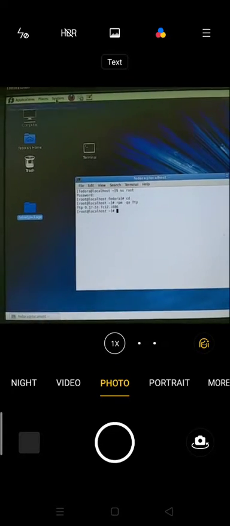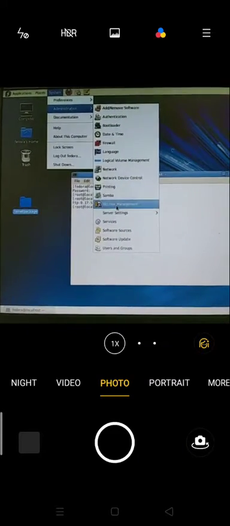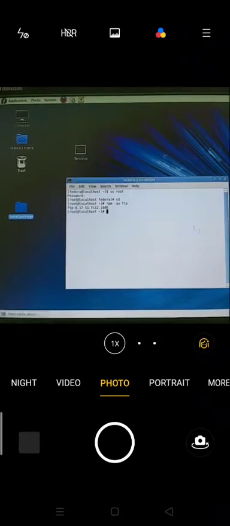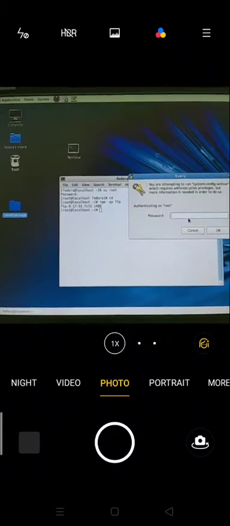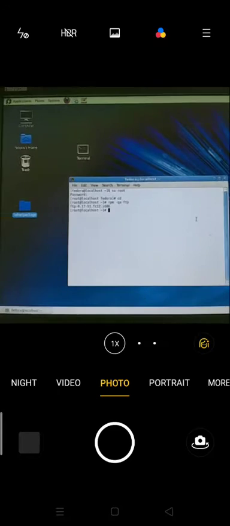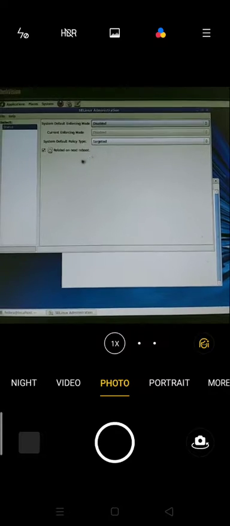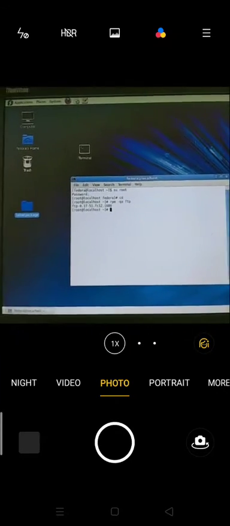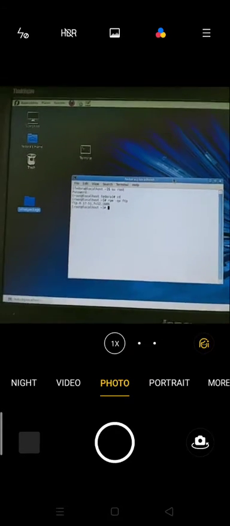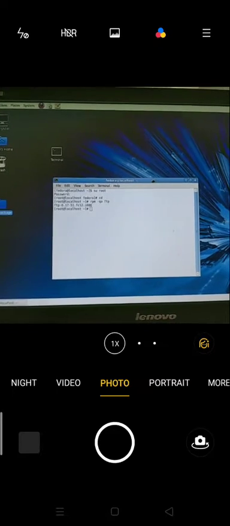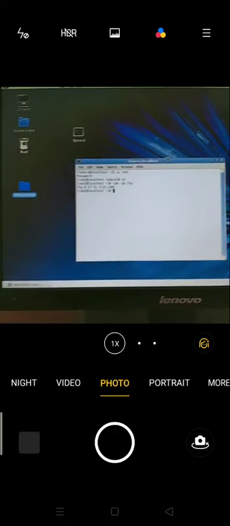Next, along with the firewall, we also have to disable Security Enhanced Linux, SELinux. For that, go to Administration, SELinux Management. Here click disabled. Okay, now click the close button. We have to do this before doing a firewall or any other configuration, because sometimes the firewall may be enabled by that protocol, so we have to disable it first.